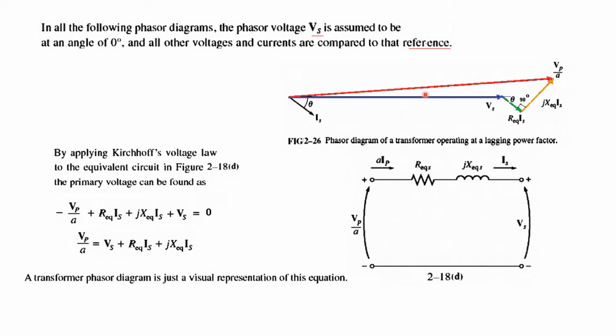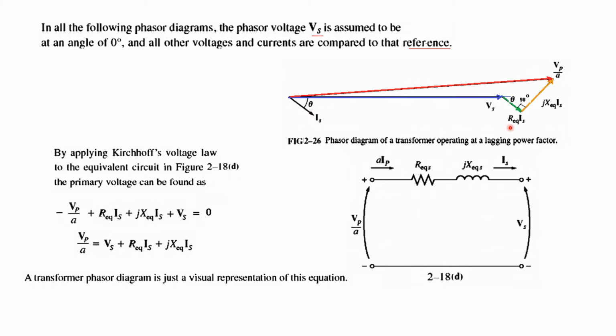Okay, now this was the phasor diagram. A transformer phasor diagram is just a visual representation of this equation. And how is that? Let's see. So what we have here is the Vs. So this Vs, with that we add